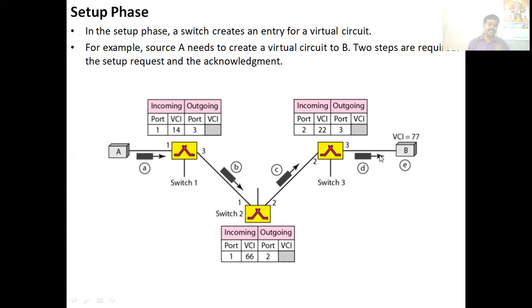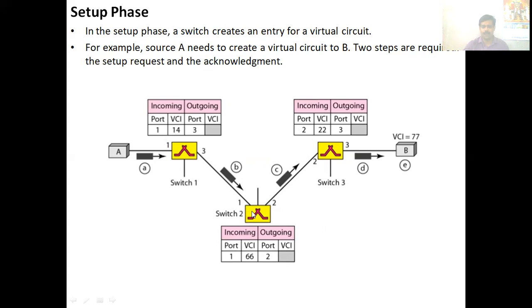If that receiver is ready to receive information from node A, it will send a setup acknowledgement frame. So please listen: this is port 1, this is port 3.